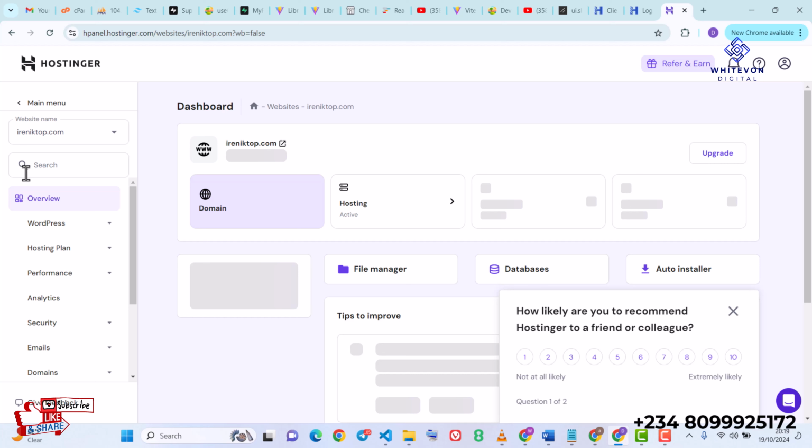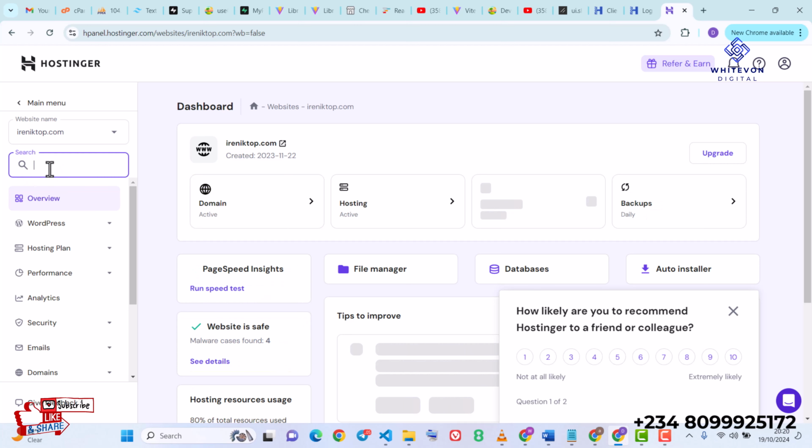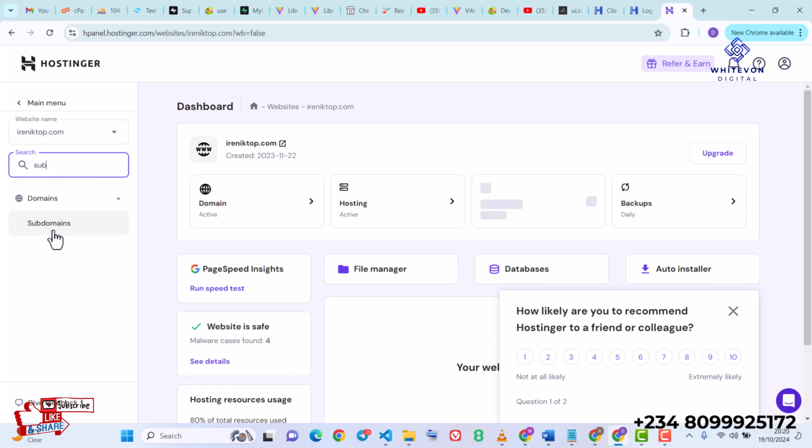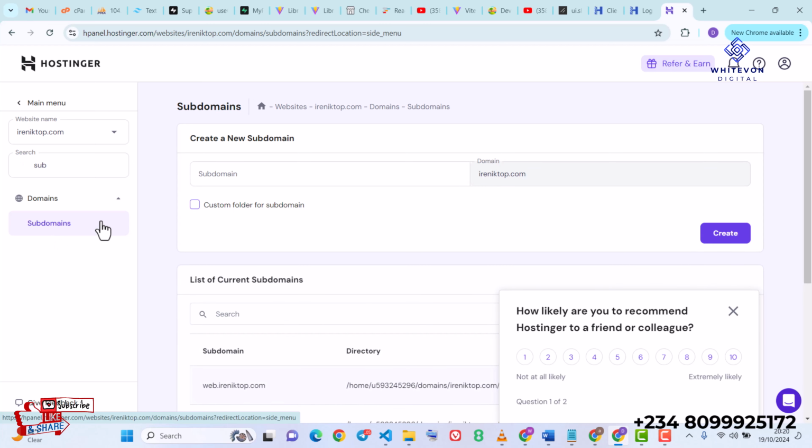Great guys, I'm just going to come over to this search and then create a subdomain. I'm just going to come over here and create a subdomain, and I'm just going to call it whatsoever name I want to call it. So this is basically just a subdomain. Call it bank top